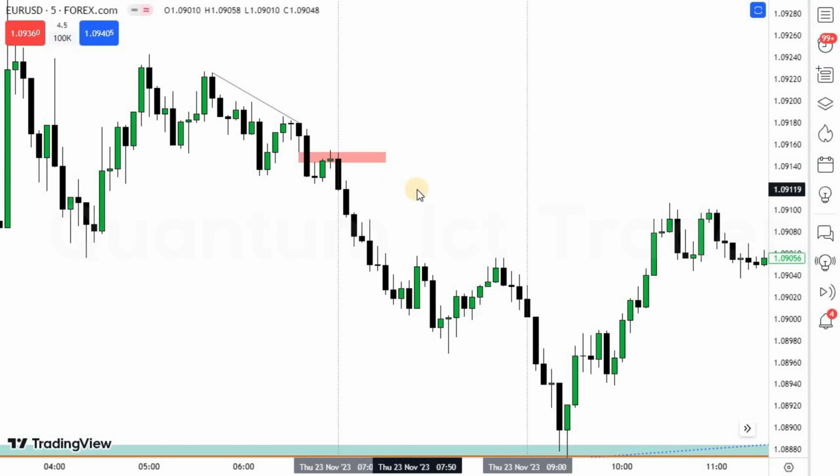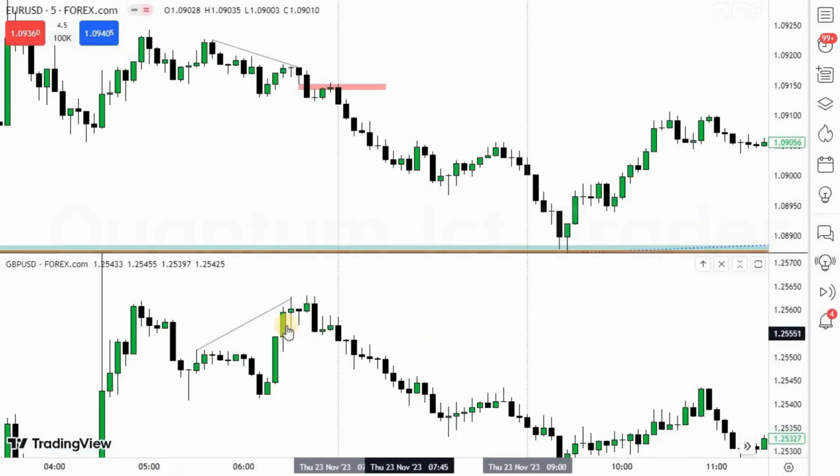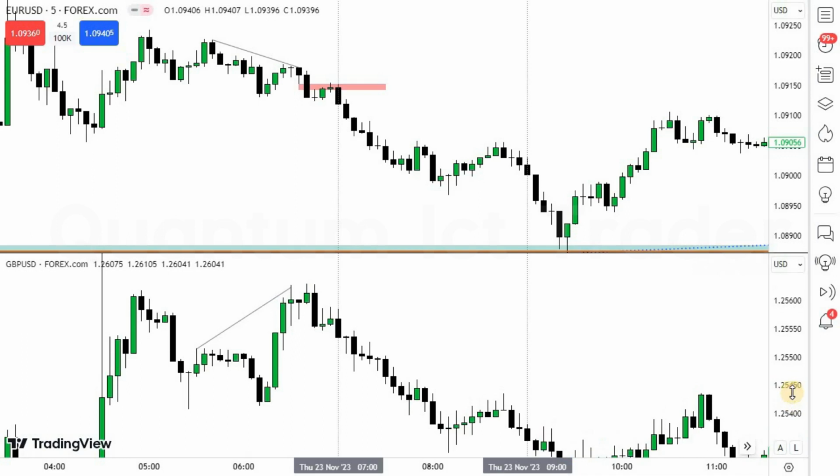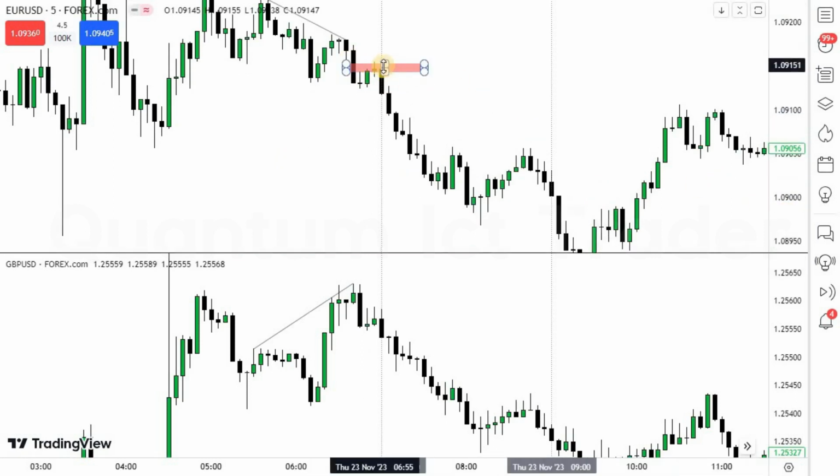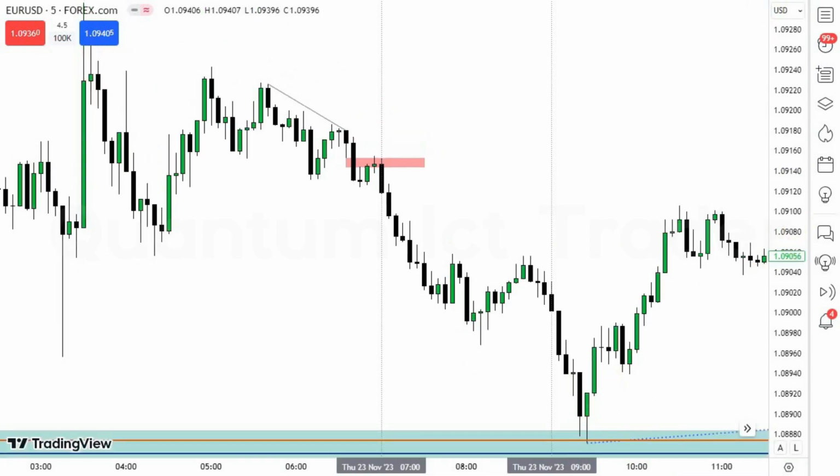Okay, and why would you take that trade on EURUSDT? Why can't you take that trade on GBPUSDT? If you see GBPUSDT, you would see that GBPUSDT made a higher high here, where EURUSDT failed to make that higher high. It means EURUSDT is weaker than GBPUSDT. So EURUSDT is going to show you a nice move then, because it's weaker than GBPUSDT, and you could see how nicely after creating that fair value gap, price tapped into that fair value gap and then went lower and